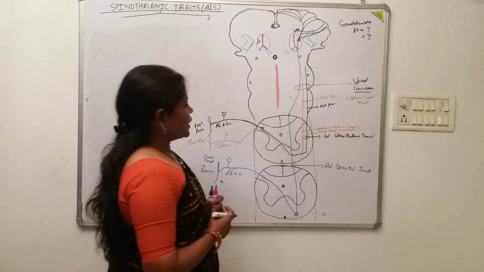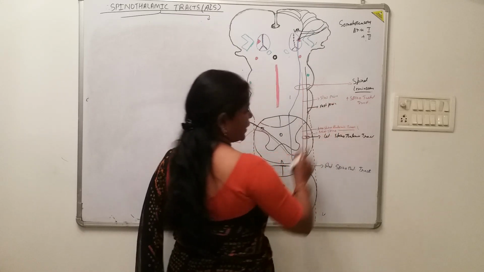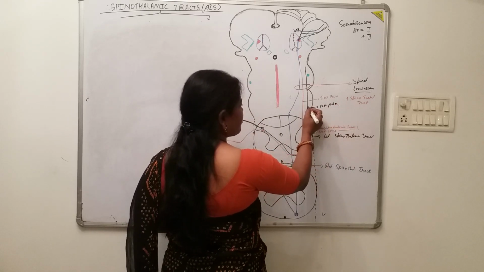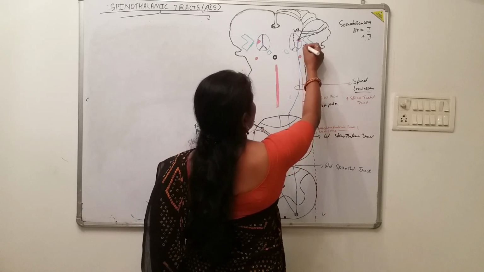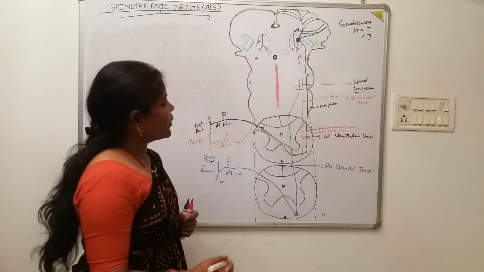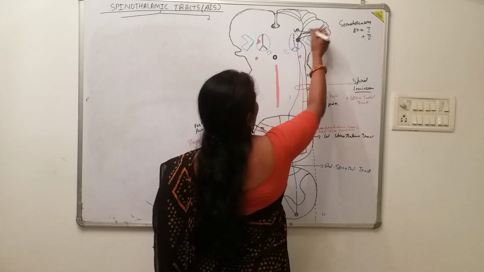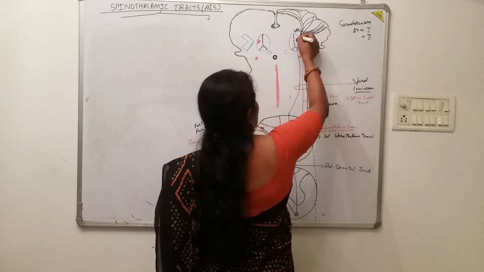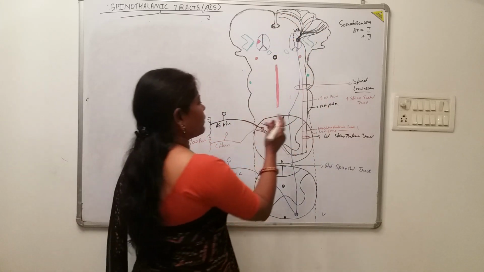Now, what about the neo? That is the fibers which are carrying the fast pain. These fast pain fibers, where will they terminate? This fast pain fiber, majority of the fibers, it is going and terminating again in the ventroposterolateral nucleus inside the thalamus, and from there the third order neuron fibers are emerging and coming out and going to the somatosensory area 1 and 2 and carrying what? The fast sensation fibers.